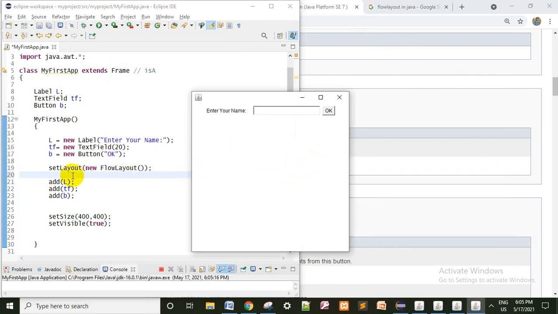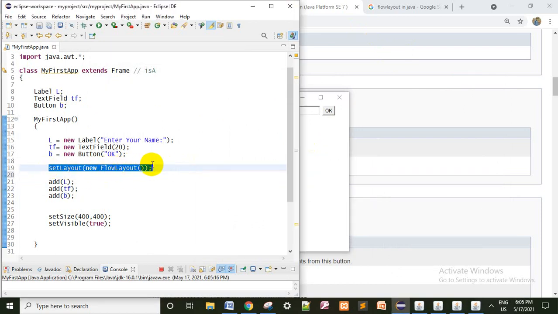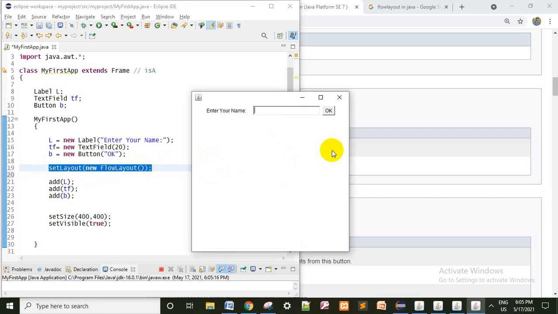The set layout is on the layout manager, which will arrange whatever components we add into the frame in one line. That is FlowLayout. FlowLayout is a class which is used to arrange the components in one line, one after another, in one flow.